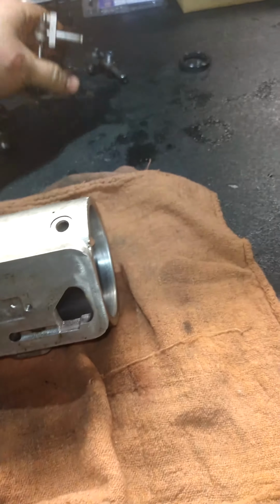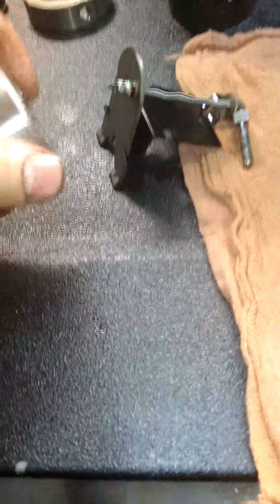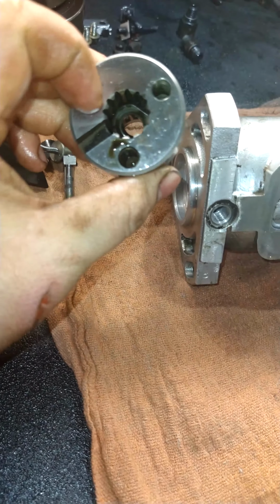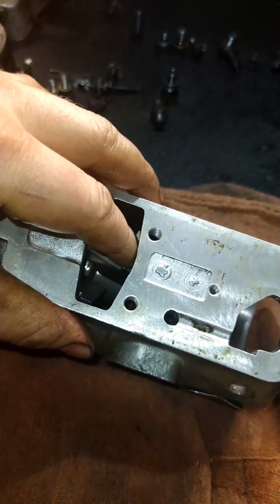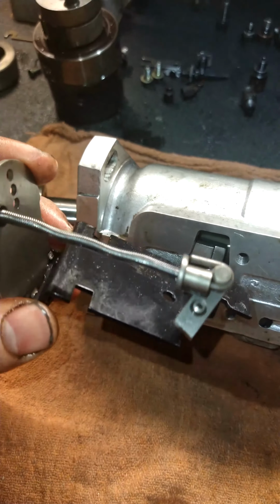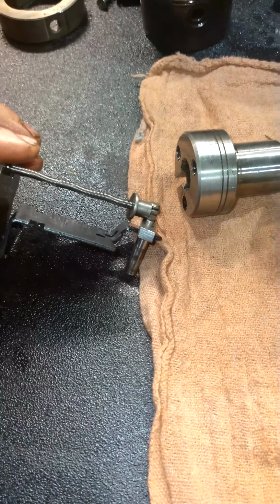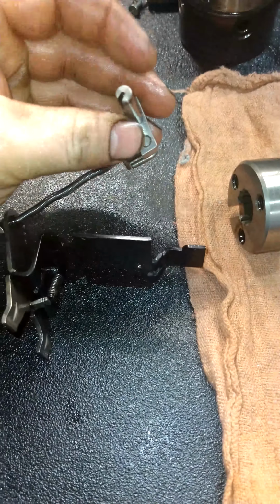And basically what those flyweights do is you've got your drive, which sits on the front here, and then it goes into your flyweights, and this is what your gear actually gets bolted to. And then as the engine rotates, these weights come out against the case, and then you have this little governor plate that sits in a little slot with those flyweights. If this was all together correctly, it would move and open and close this metering valve, which lets fuel in or out